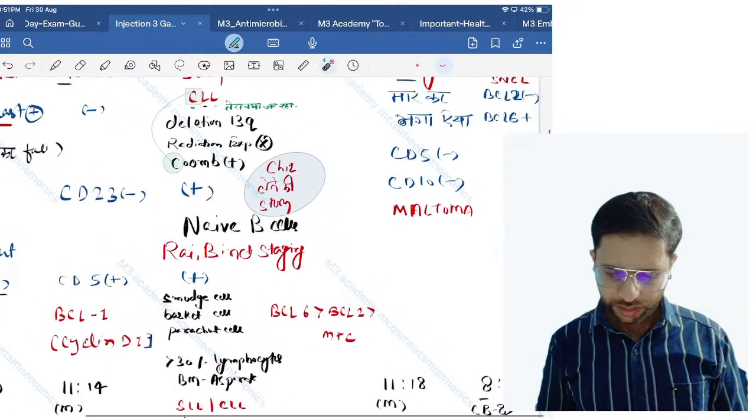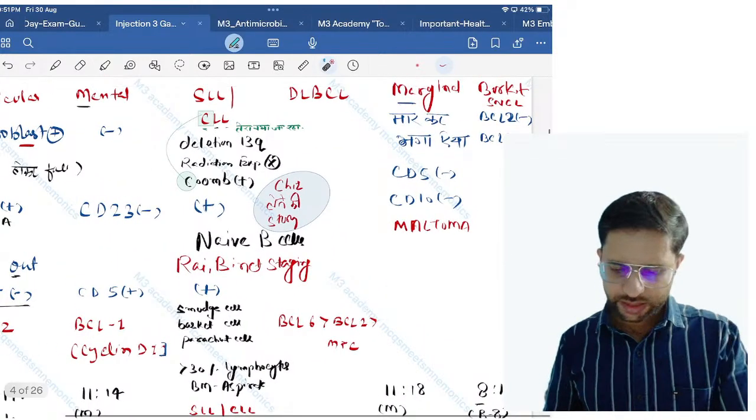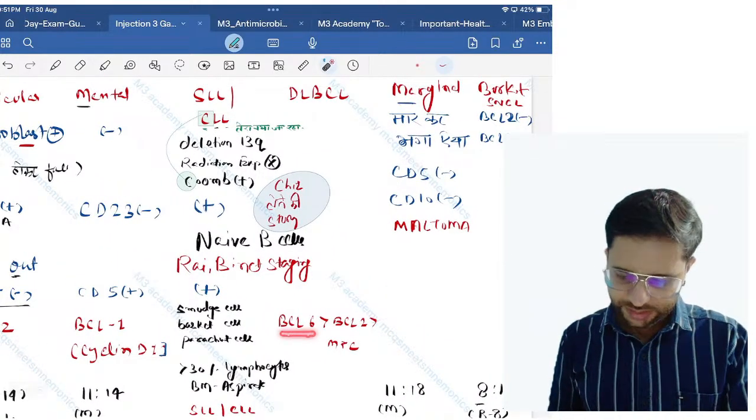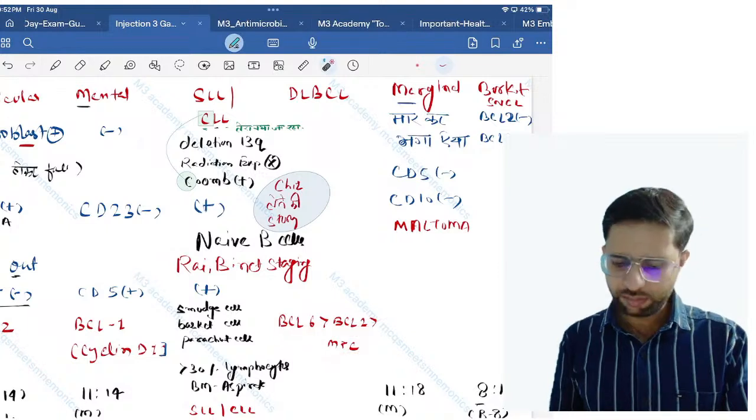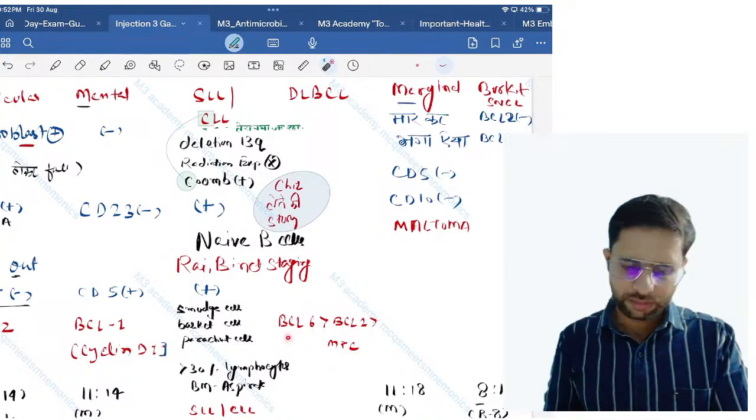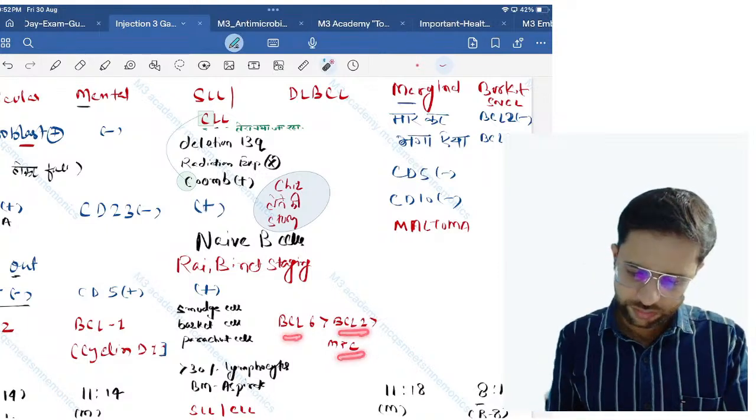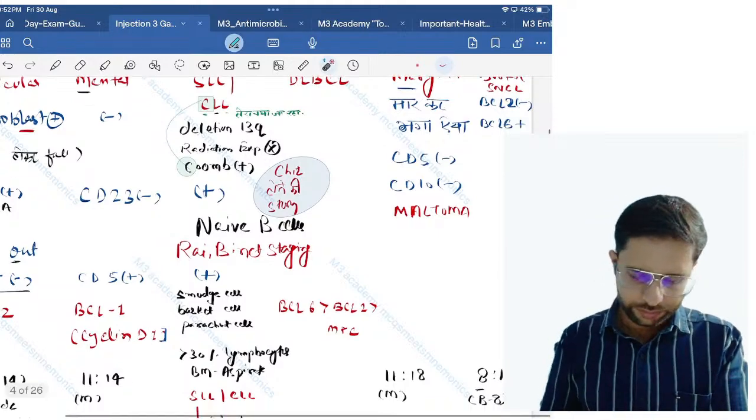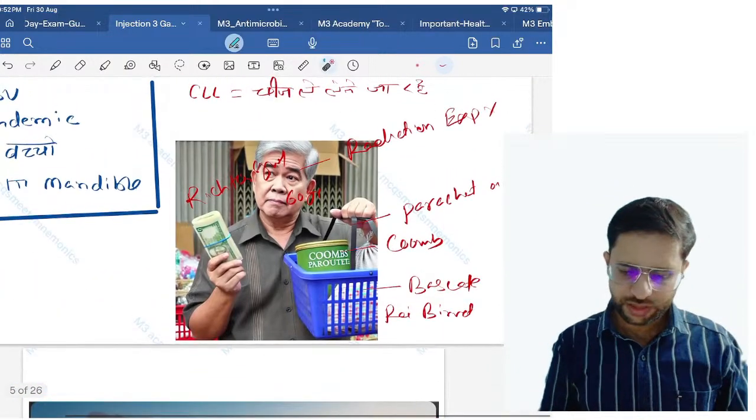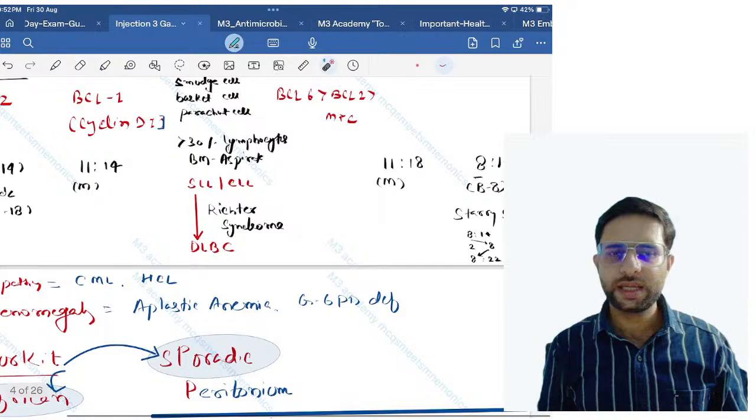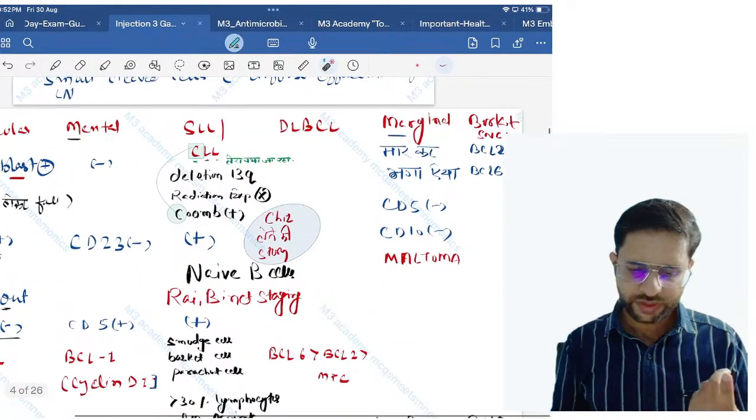अब next चलते हैं अपन DLBCL में। इन DLBCL, BCL6, फिर BCL2 और MYC, ये तीनों यहाँ पे पॉजिटिव मिलते हैं। BCL6 ज़्यादा मिलता है, फिर BCL2 होता है, फिर MYC होता है, यस। अब ये जो पर्सन है इसका नाम है Rai और Binet। सो Rai और Binet जो स्टेजिंग होती है वो CLL या SLL के लिए होती है।